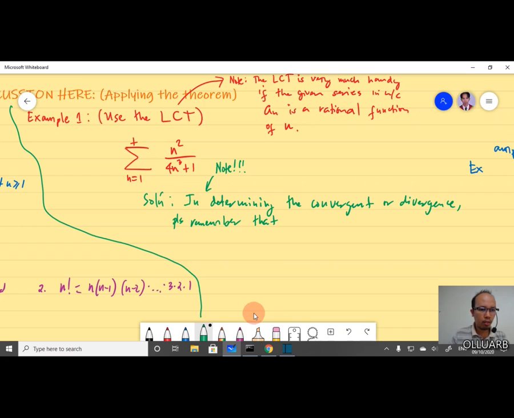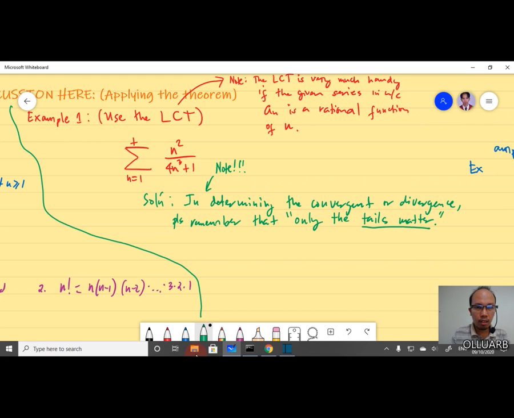Can we use another color here? Okay, what does this mean? When you say tails matter,